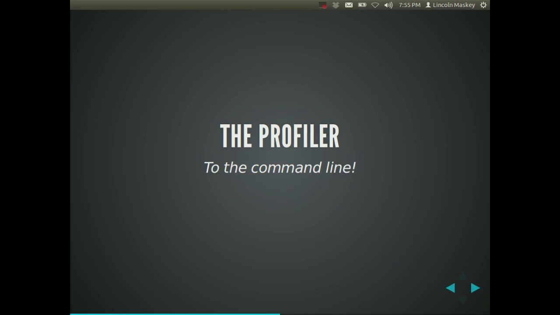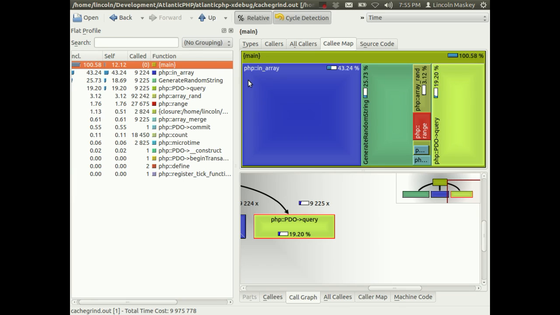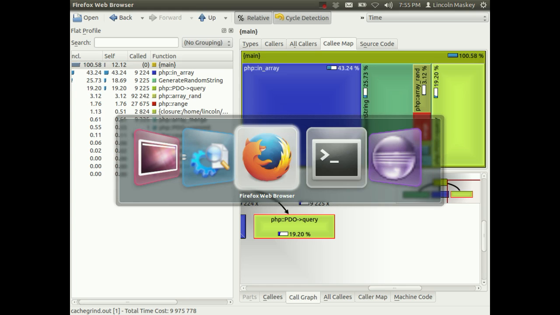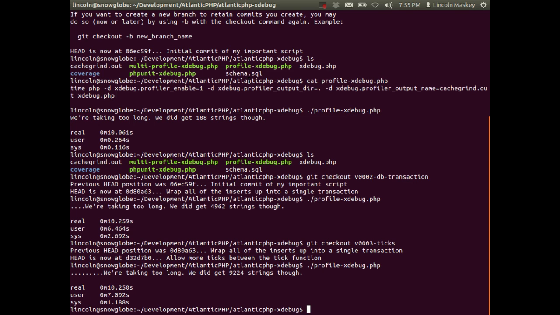So one kind of interesting fact about this is that it shows function calls and things like that. One thing that you won't see in here is language constructs, which generally don't matter, except in the instance that I'm going to show you. That in_array was using up a fair amount of time. So what I want to do is